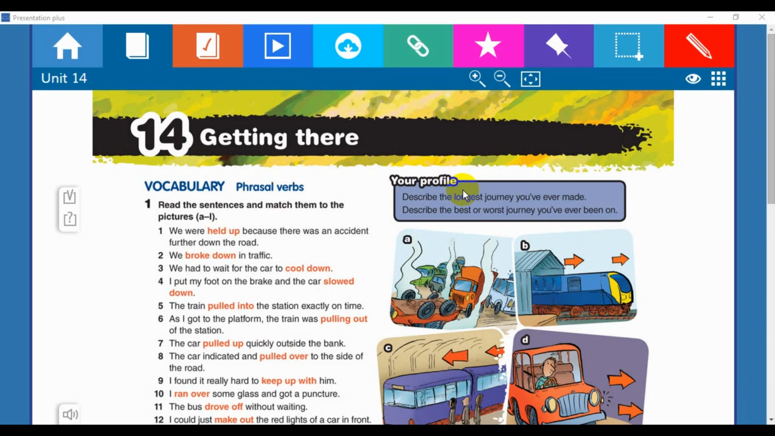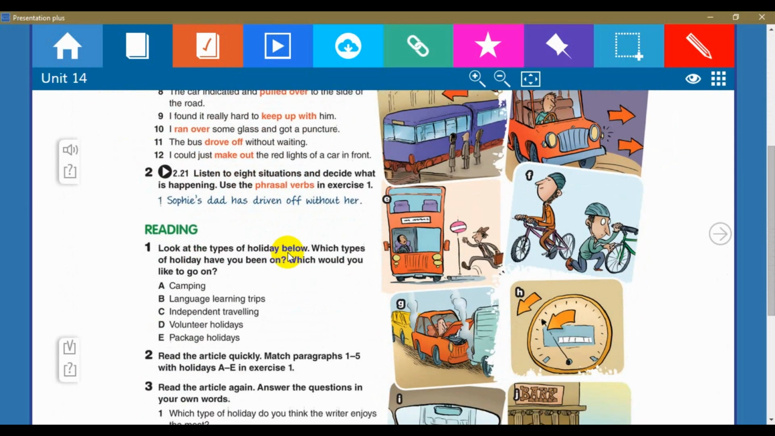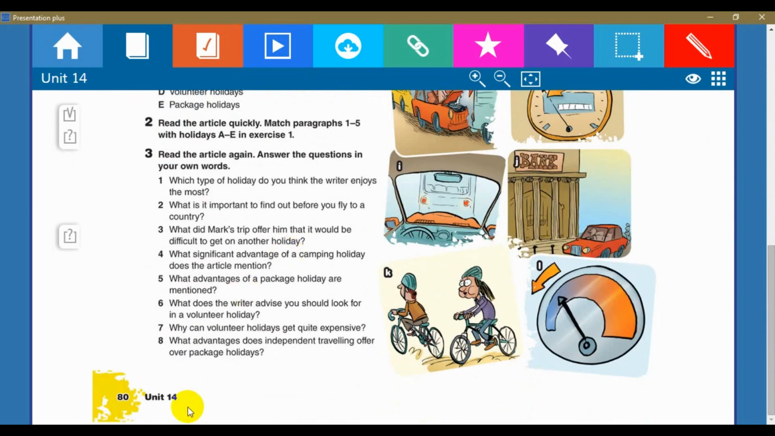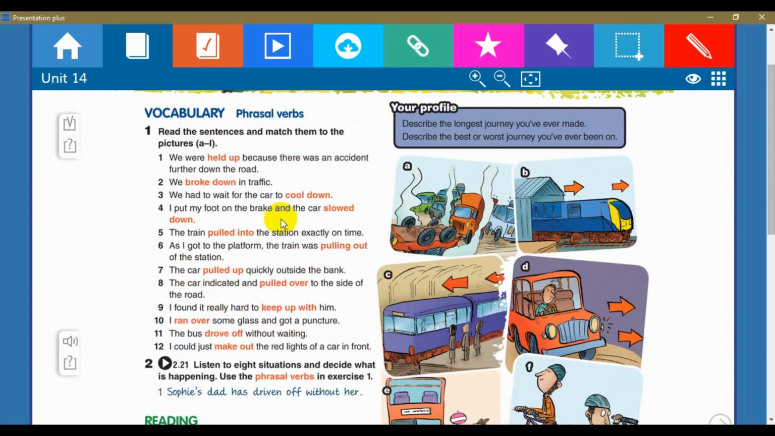In this part of the video, I am going to give you the instructions about the work that you are going to do in the Prepare 7 Students book. So let's go to Unit 14. The title of this unit is Getting There, and the page that we are going to be working on is, let me check, yes, is page 80. So for that reason, let's go to that page in your Prepare 7 Students book, and we are going to